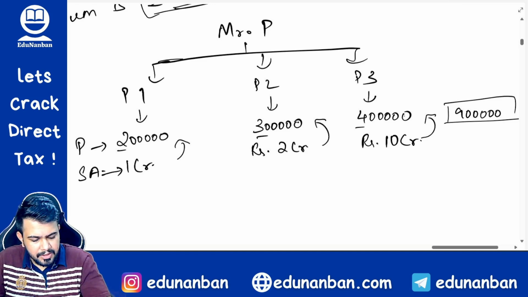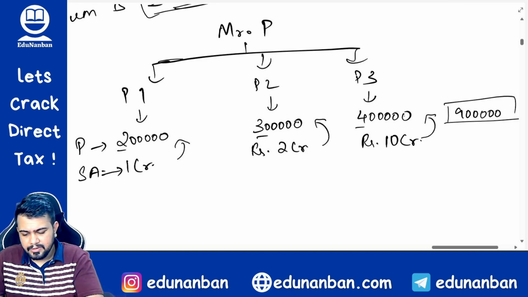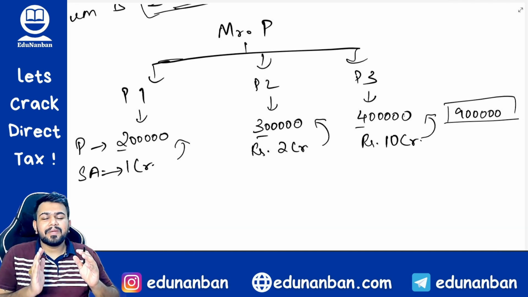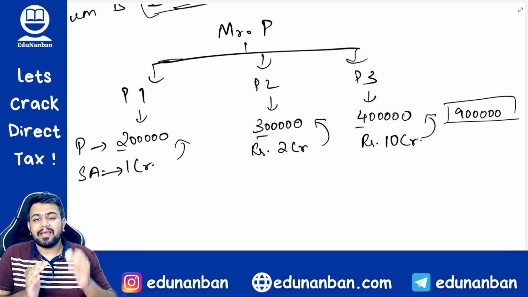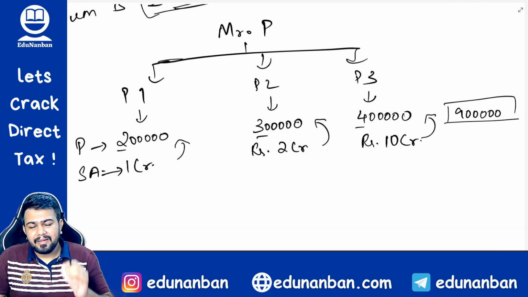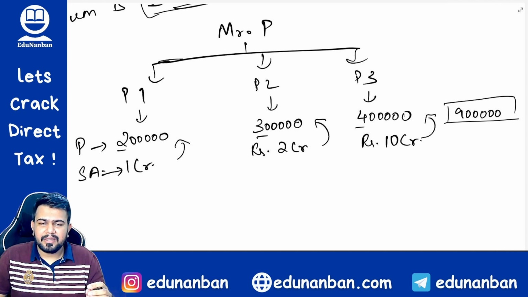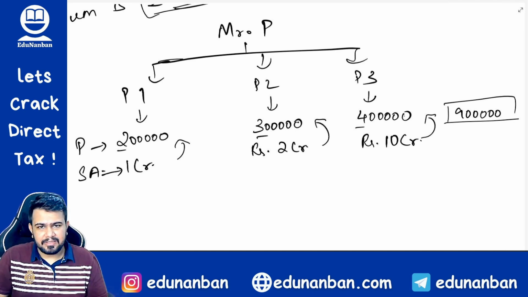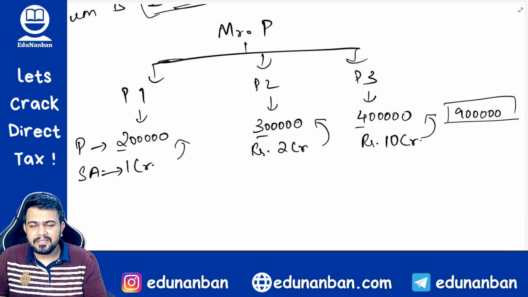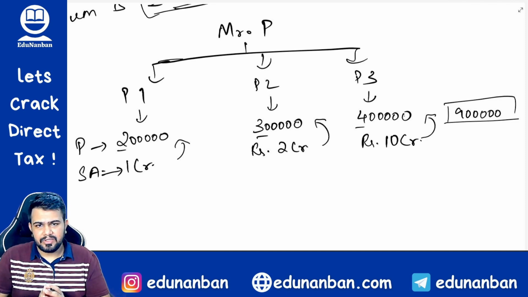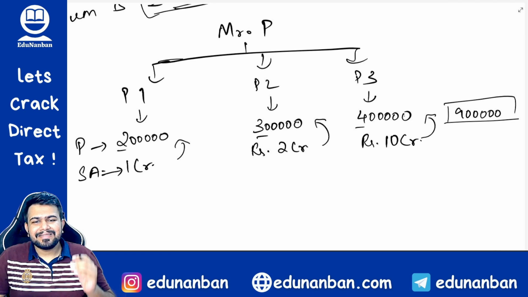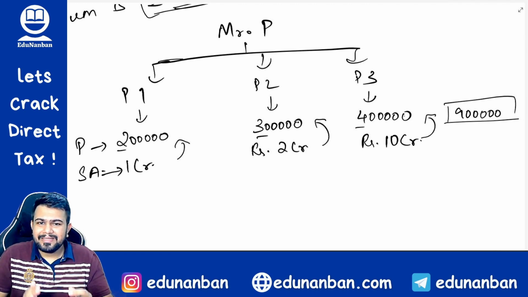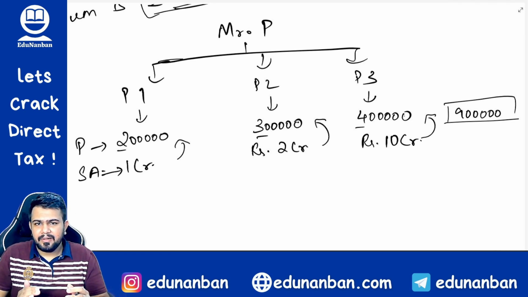Total premium is how much? 9 lakh rupees. Since the total premium is 9 lakh, which is more than 5 lakh, still the life insurance policy maturity or any amount received from the life insurance policy will be taxable. However, in such a case, the assessee has an advantage. What is the advantage? The assessee can choose which policies he wants to get exempted, and the amount of premium of such policies should be within 5 lakhs.